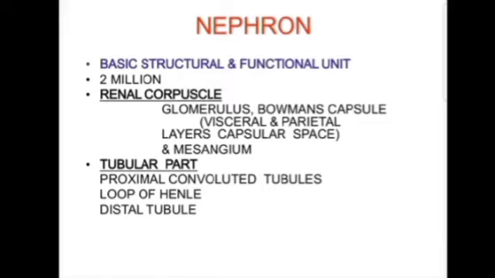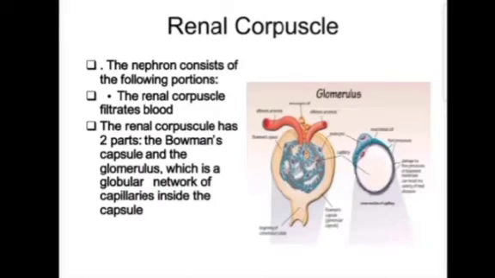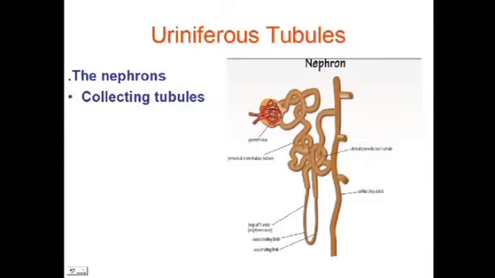A nephron begins as a double-walled cup-shaped dilatation, which is known as the Bowman's capsule. It consists of a tuft of capillaries called glomeruli, and it occupies the concavity of the capsule. This is the Bowman's capsule. The Bowman's capsule and glomerulus collectively constitute a renal corpuscle. And then from the Bowman's capsule and the glomerulus.